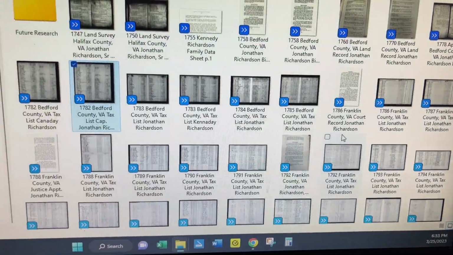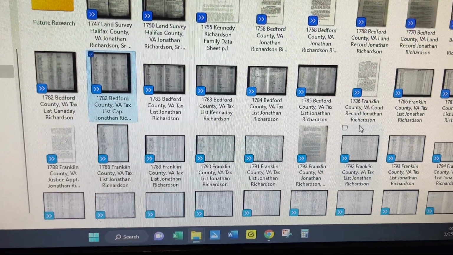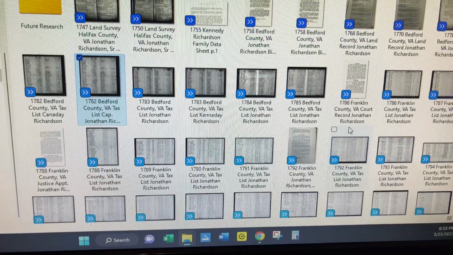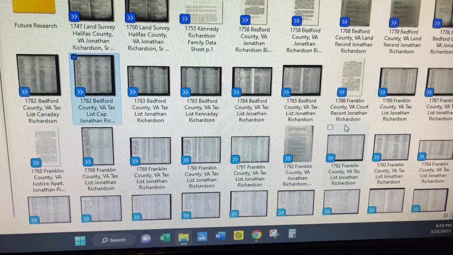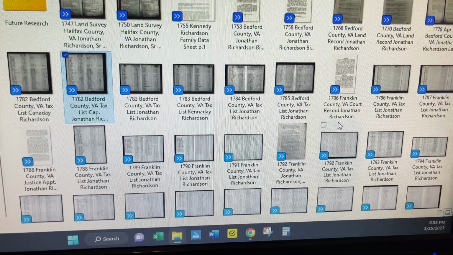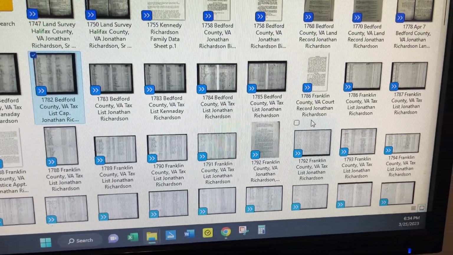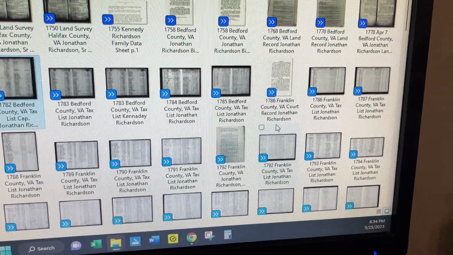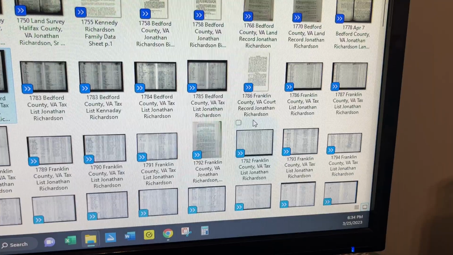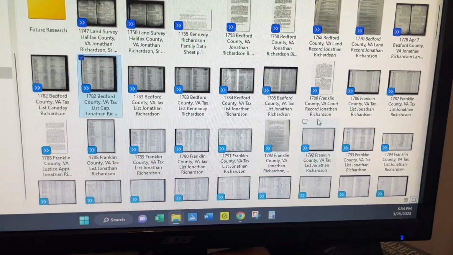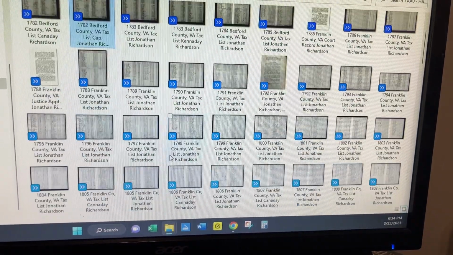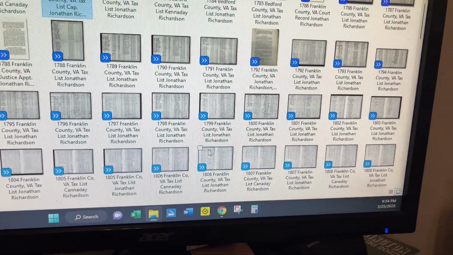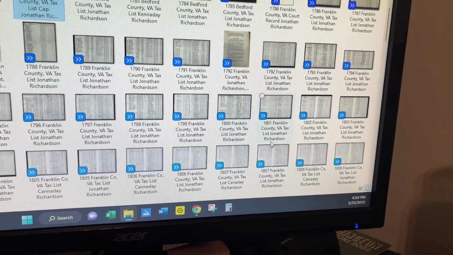So as you see, Jonathan is in Franklin County, and he was a justice. Apparently, he was appointed to be a justice. So if you see 1788, 1790, 91, 92, 93, 94, you come up here and it's going to help me determine when he died. He's still there in 96, 97, tax list,